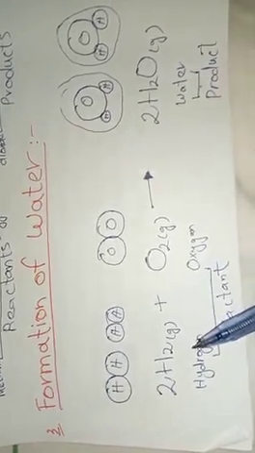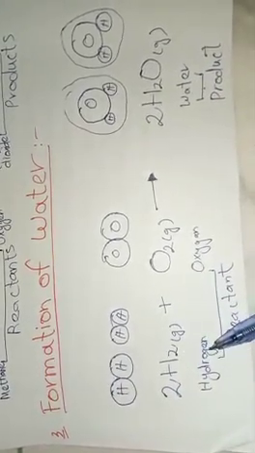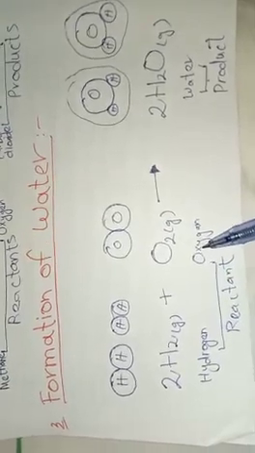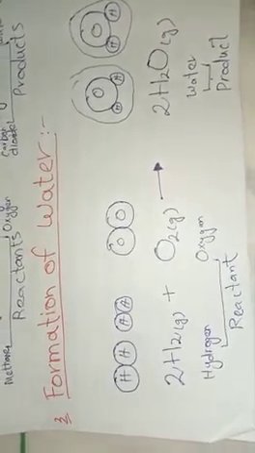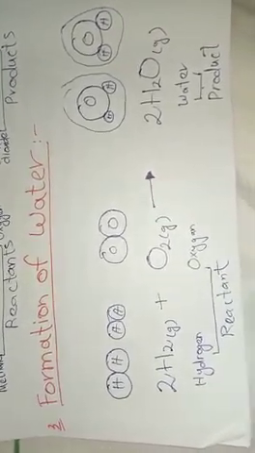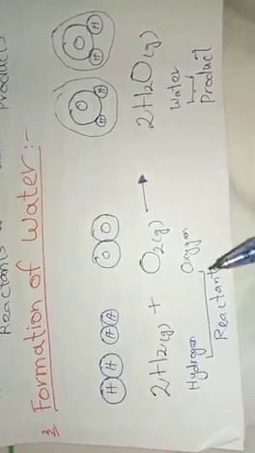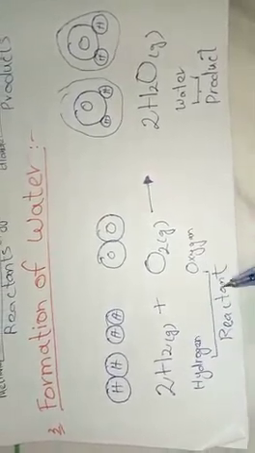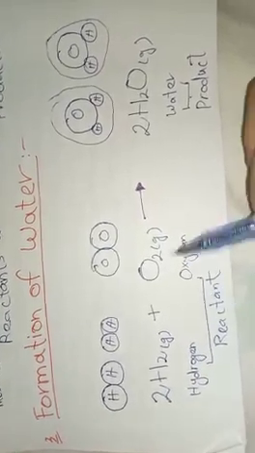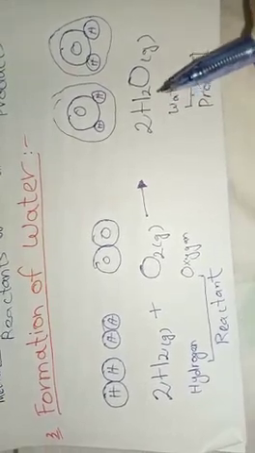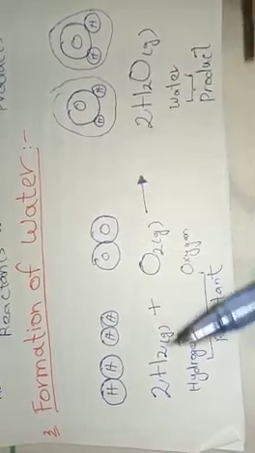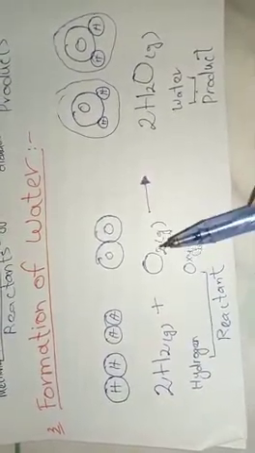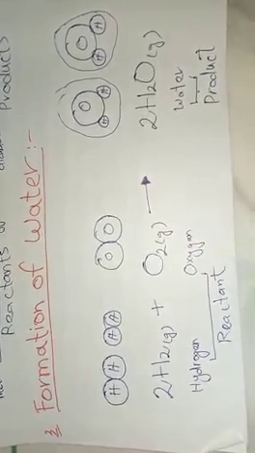So class, whenever 2 moles of diatomic hydrogen react with 1 mole or 1 molecule of diatomic oxygen, it gets converted into 2 moles of water, and the formation of 2 molecules of water takes place. Now class, in that reaction the hydrogen and the oxygen act as reactants because they react together, rearrange themselves and get converted into a new substance, that is, the formation of water takes place. So here the water acts as a product that is formed by the reaction or rearrangement between hydrogen and oxygen, and the hydrogen and the oxygen act as reactants.